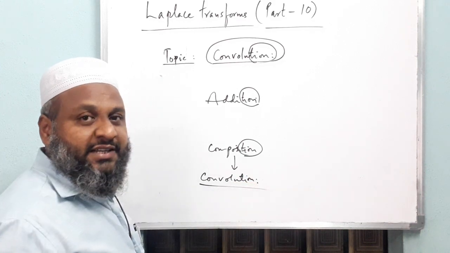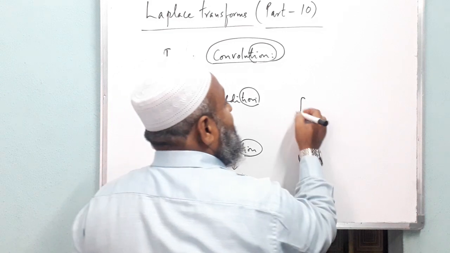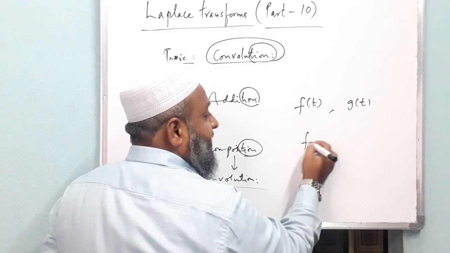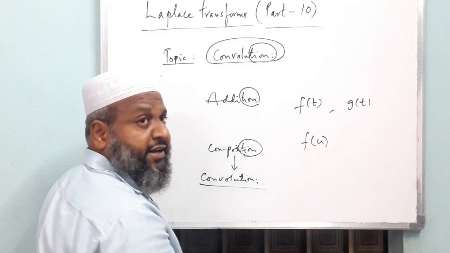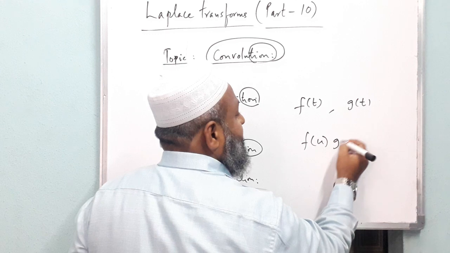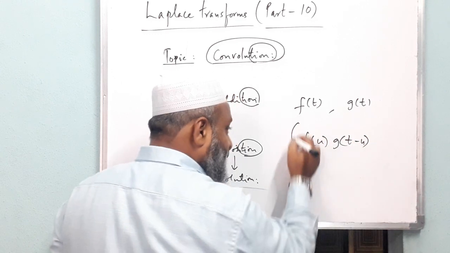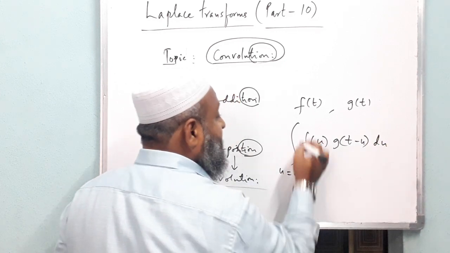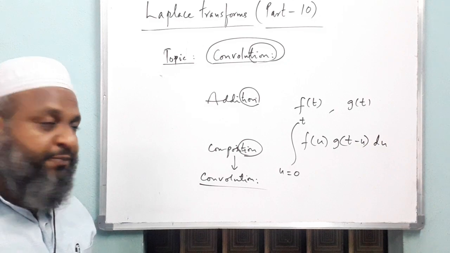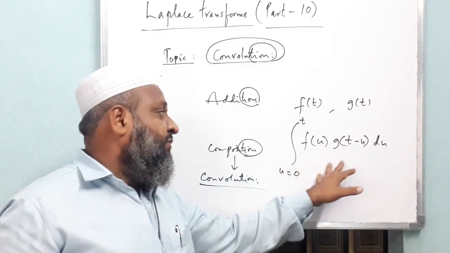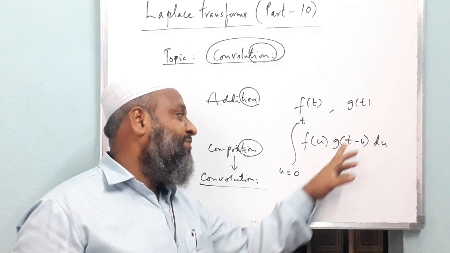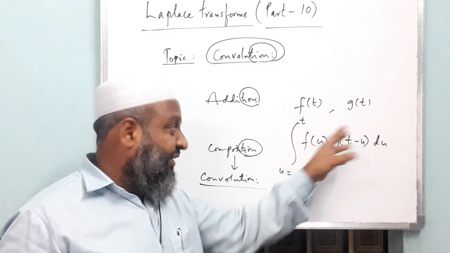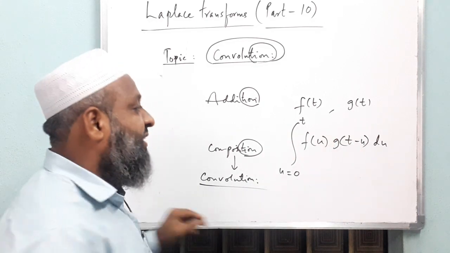What is this convolution basically? First let us understand that one. For example, if I have two functions f of t and g of t, take the product f of u, I will just change the name of the variable, and g with the input t minus u. If I integrate this with respect to u, with limits from 0 to t for u, and the limits are substituted as lower and upper limits in place of u, this complete thing becomes a function of t,